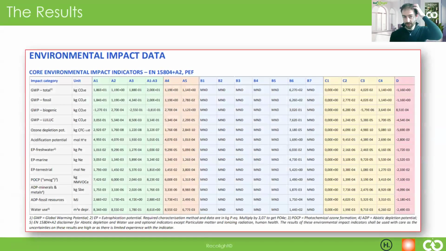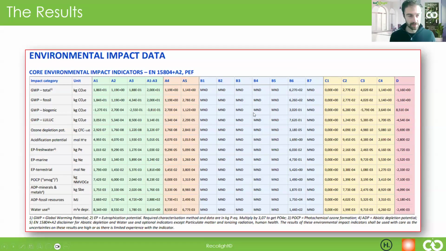So that's just a note on the information that goes in. I think it's also worth talking about the information that comes out, the information that's put into the EPD. The core of an EPD comes down to these environmental impact data tables, and they'll all be relatively standardized and look something like this, which is somewhat unfortunate because they can look quite